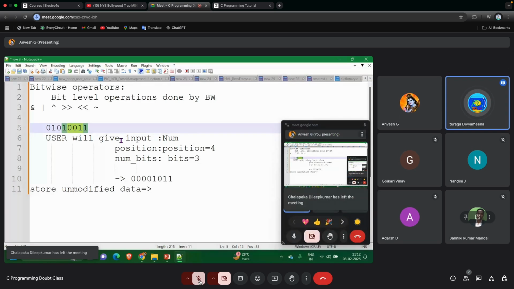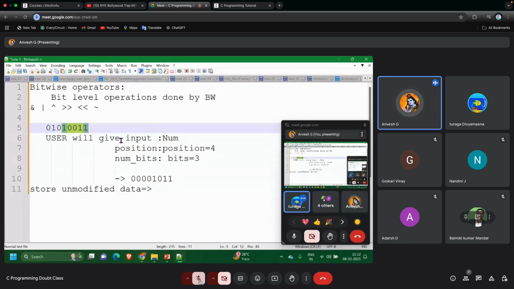And with 4 ones, and store it in a variable. AND with 4 ones means what? 1, then 2, data we will get. Okay, got the point. I said 4 ones. 4 ones means what? Up to now, the 4th bit position means from